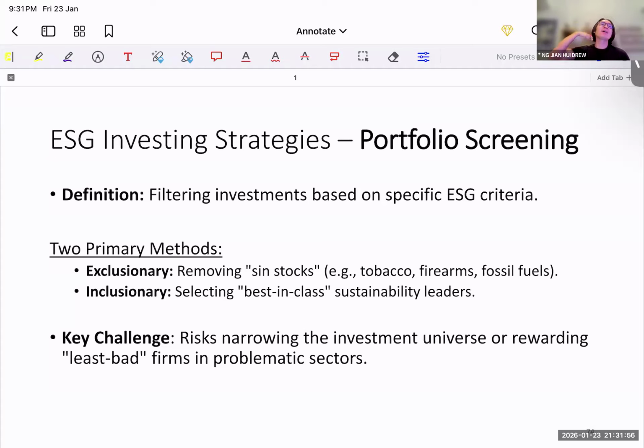Okay, I'll give you one example, right? Let's say your portfolio is going to exclude all oil stocks or oil-related stocks, right? So you're not going to include things like Chevron. You're not going to include things like Rio Tinto. No, sorry, Rio Tinto is mining. So things like Chevron, Shell, right? So you want to exclude all the oil stocks.